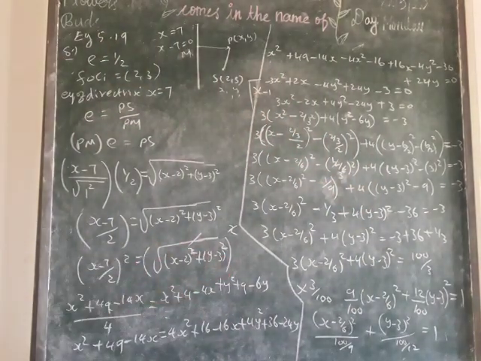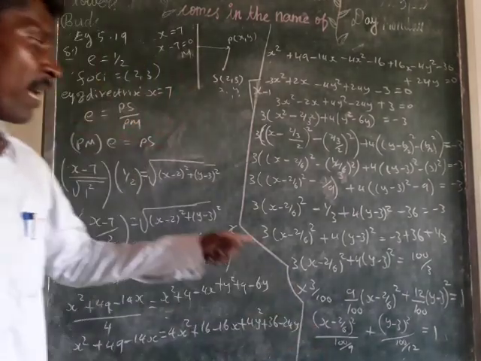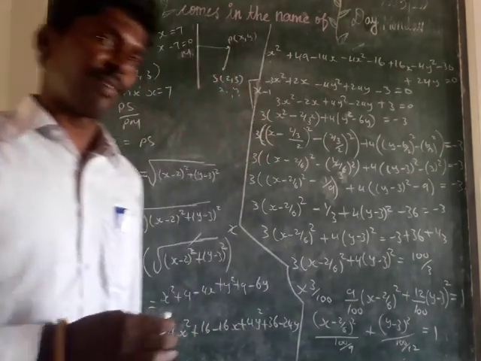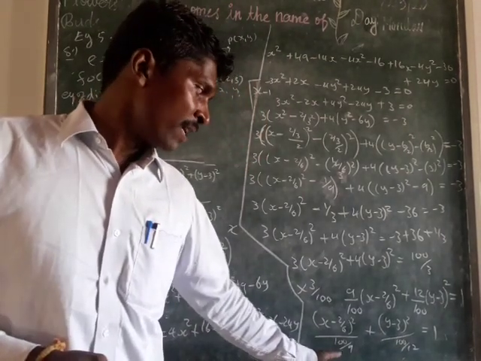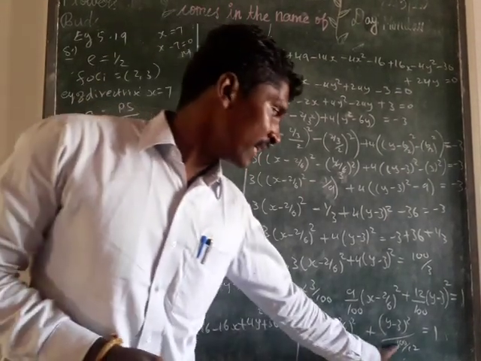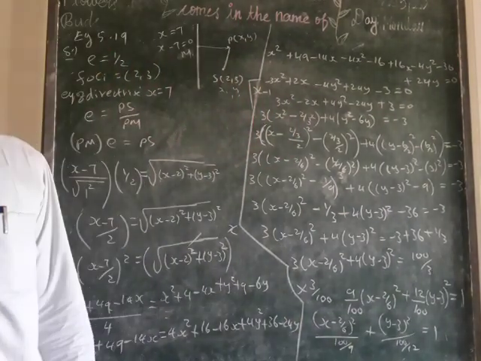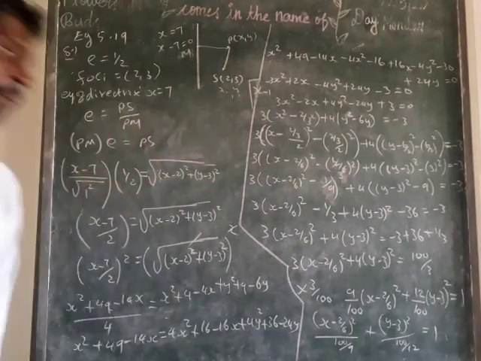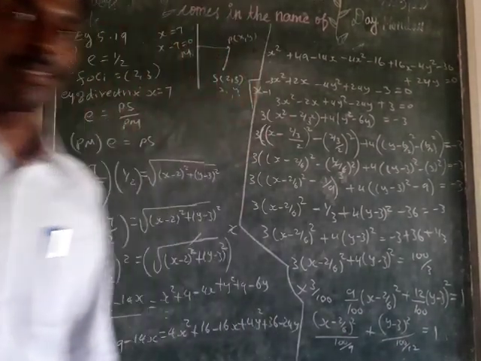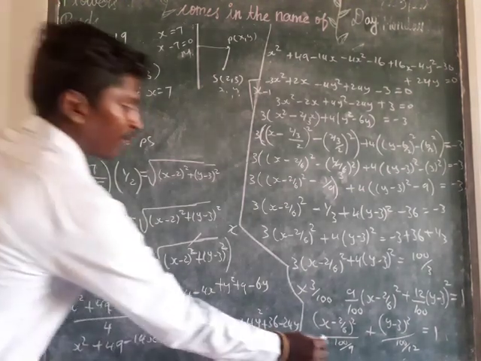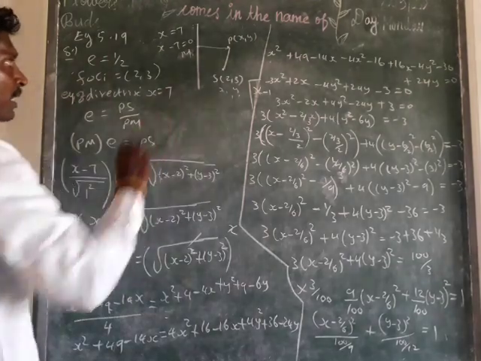So from that equation we come to a conclusion. Here in the 2 values, which is the greatest value? 100 divided by 9, 100 divided by 12. Which is the greatest number? 100 divided by 9 is the greatest number. That means that is a square, and that is b square. Because after finding a and b only, you will be able to find the length of the major axis and the minor axis. So from the denominator we come to a conclusion.